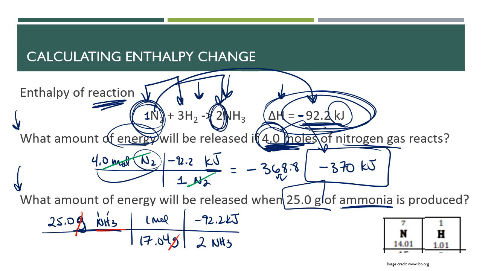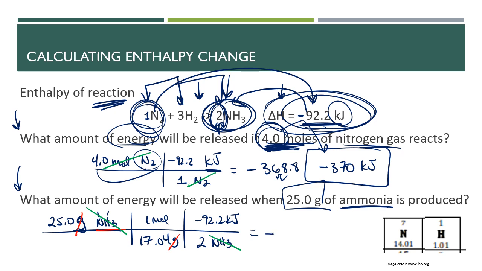There's a 2 there, so I do need to keep that 2 because it's negative 92.2 kilojoules for every 2 moles of ammonia, not 1. So now I can cancel out ammonia top and bottom. Calculator time. 25 times 1 divided by 17.04 times negative 92.2 divided by 2 is going to give us a